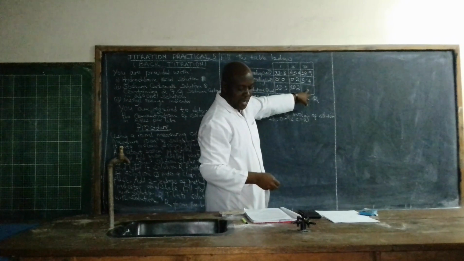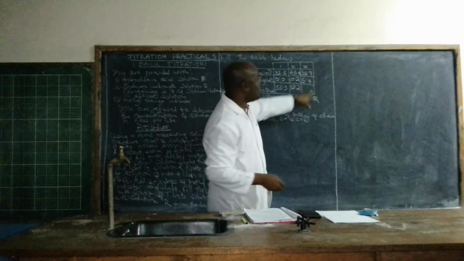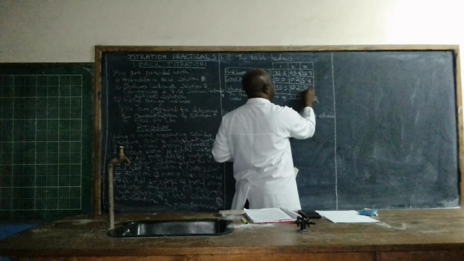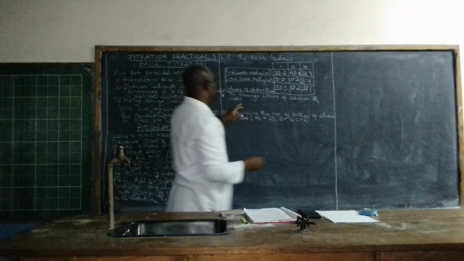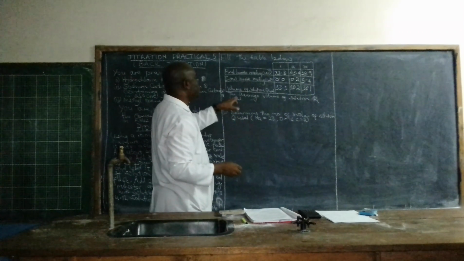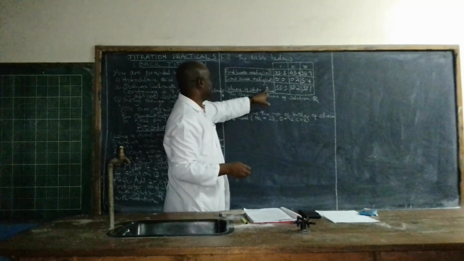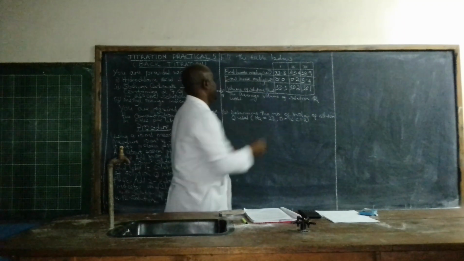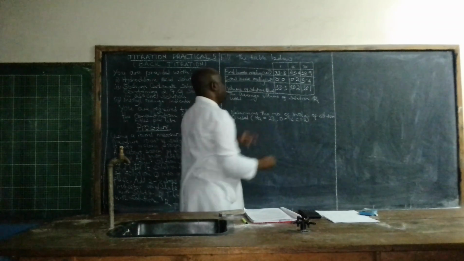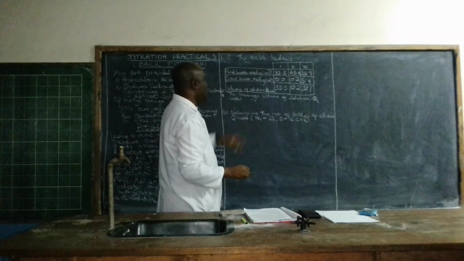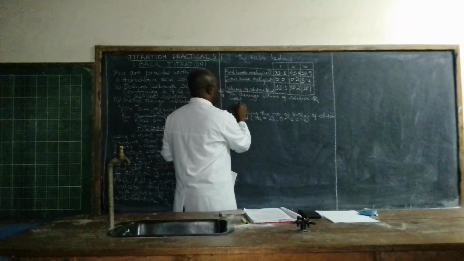Finally here, if we do our calculations properly, it's going to give us 33.1. So the average volume of the solution R used, R used in cubic centimeters,